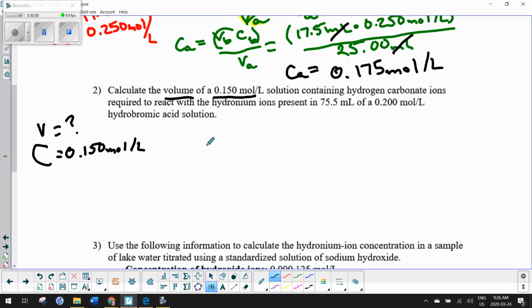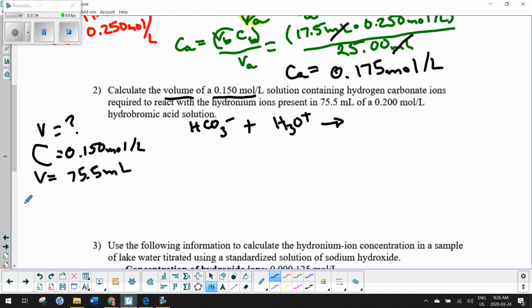Okay, so I'm going to actually write that so that I have it. So we have HCO3 minus 1 reacting with hydronium ions. So hydronium ions, H3O plus. Again, that's why I said you should know your hydronium ions. Present in 75.5 milliliters. Okay, so we have 75.5 milliliters. That's a volume